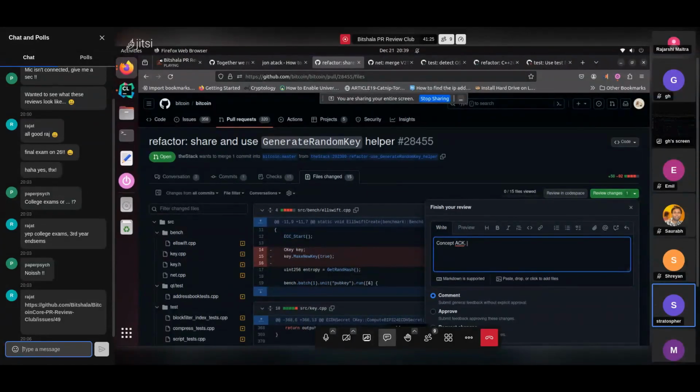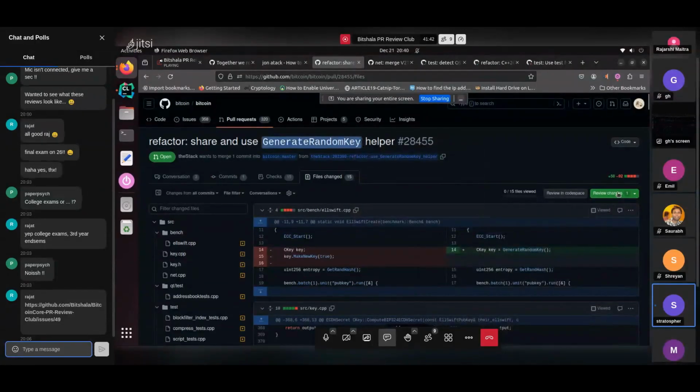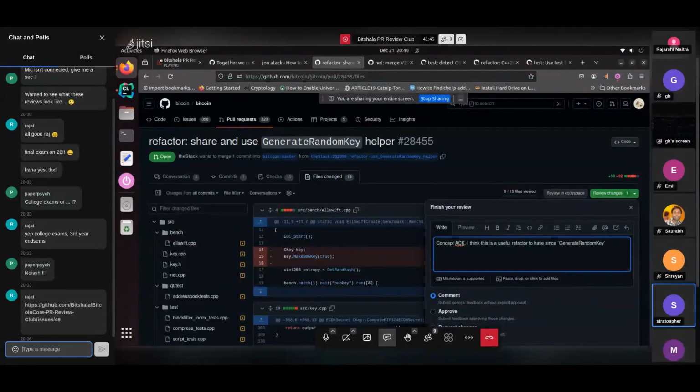So we can just write something like, I think this is a useful refactor to have, since this deals with keys, since it's more modular to have generate random key in key.cpp rather than